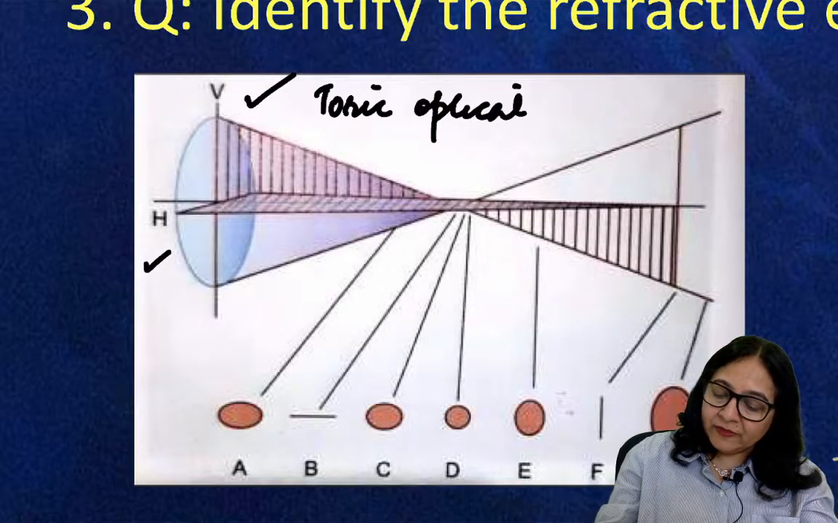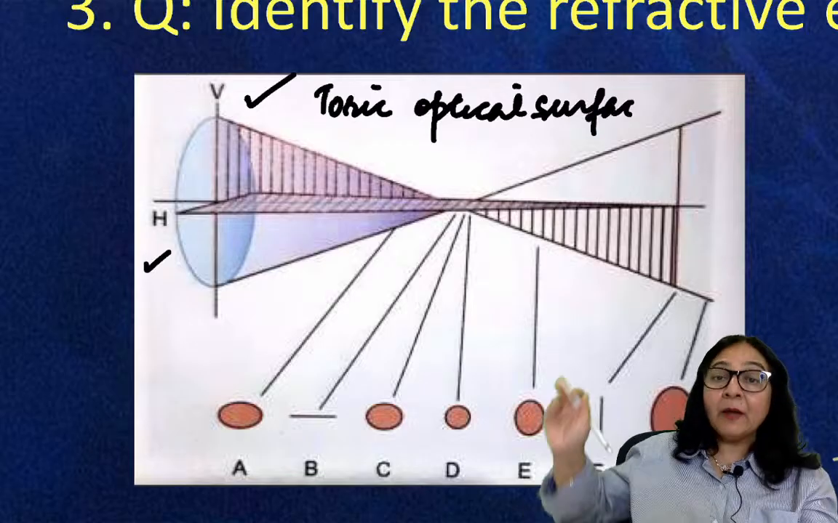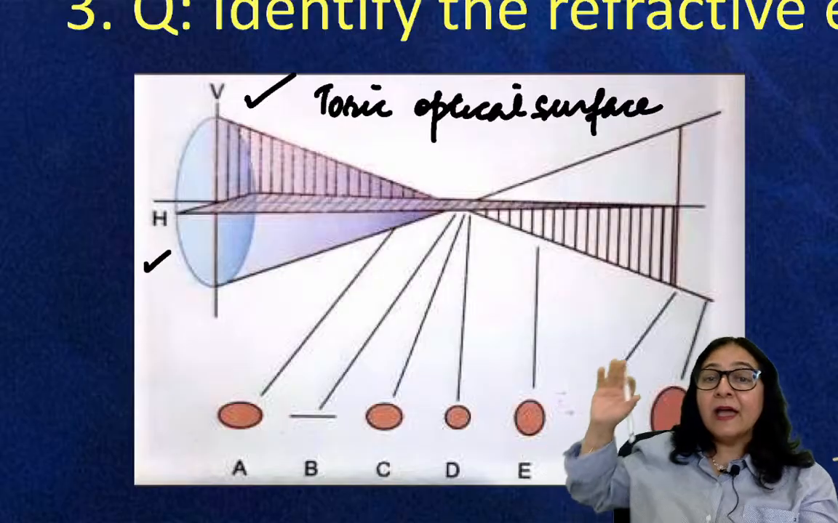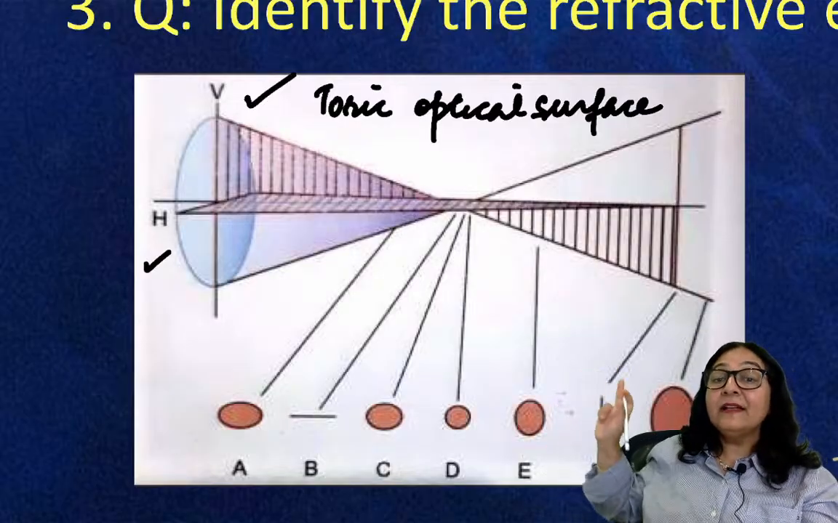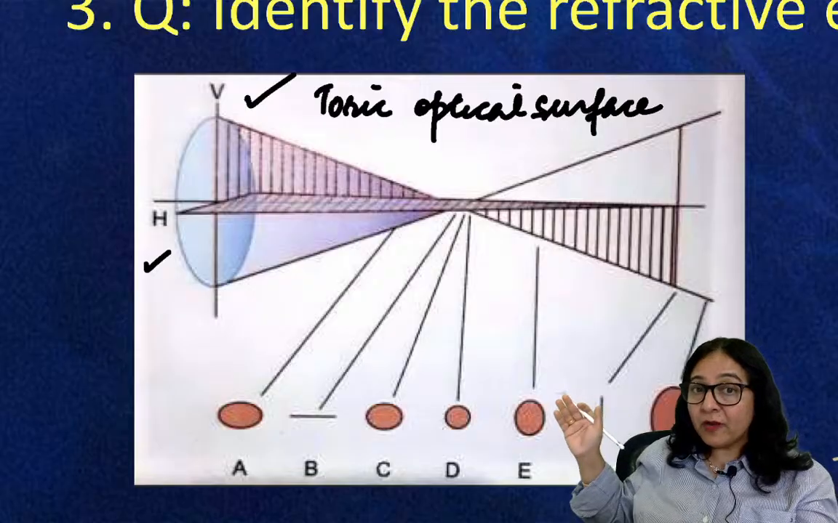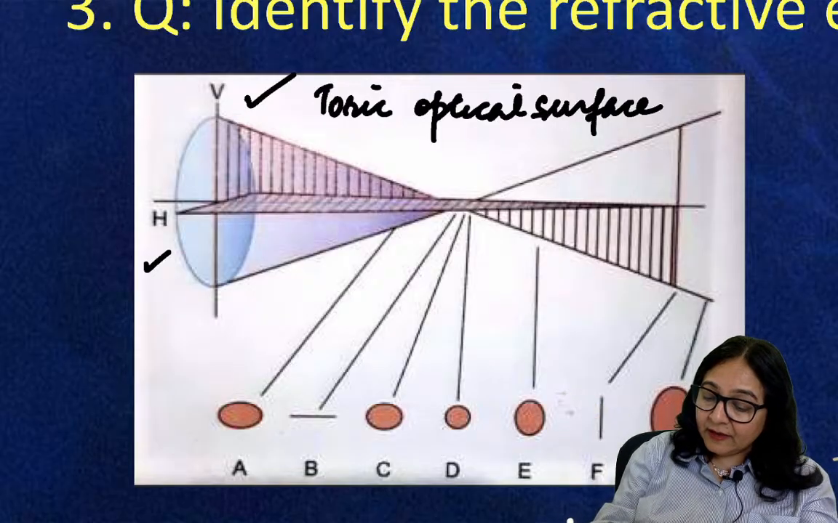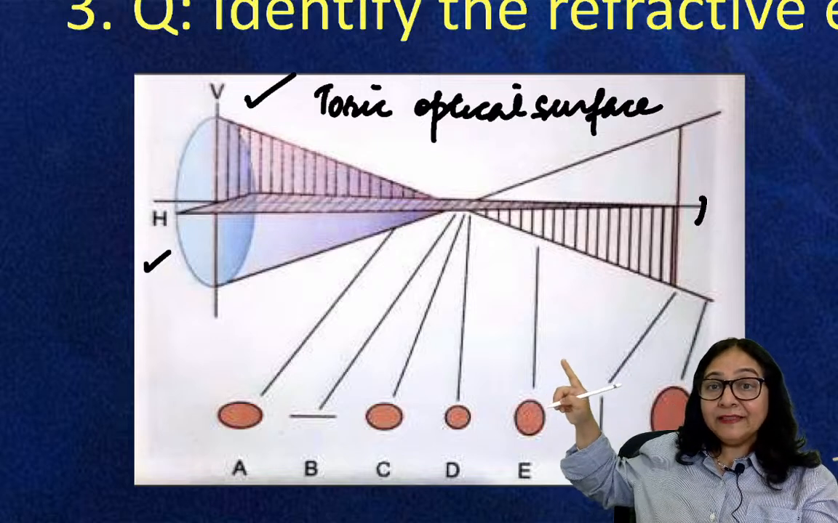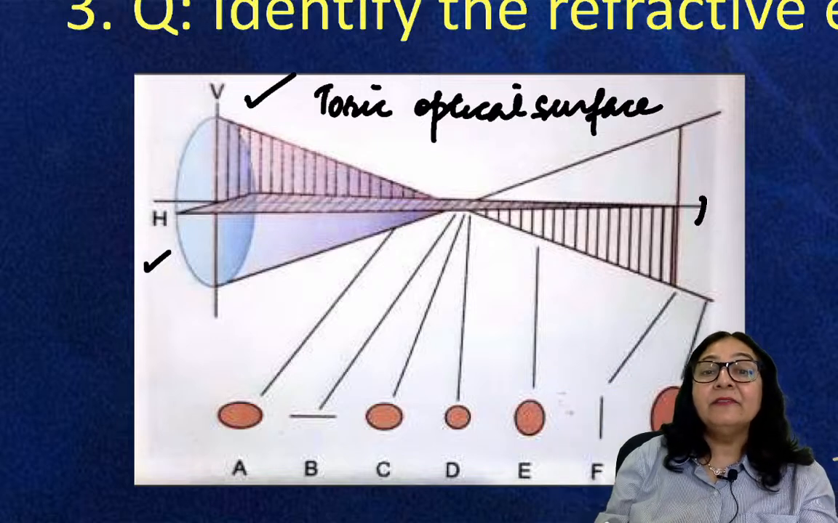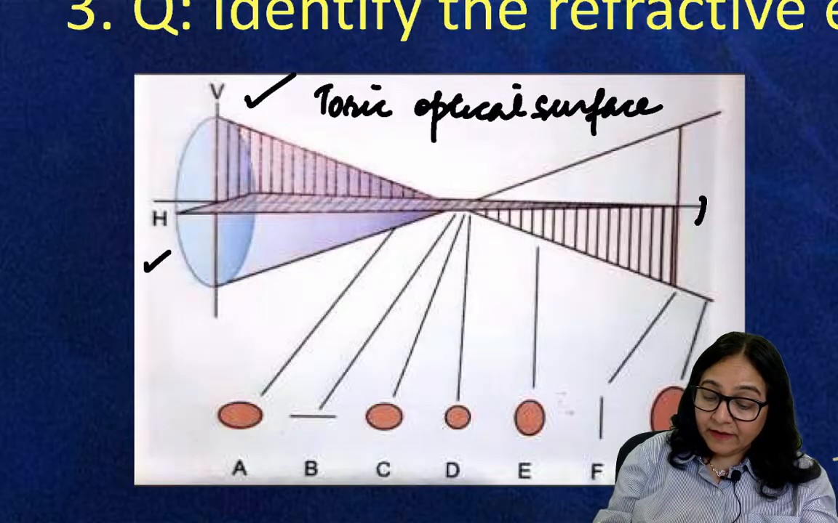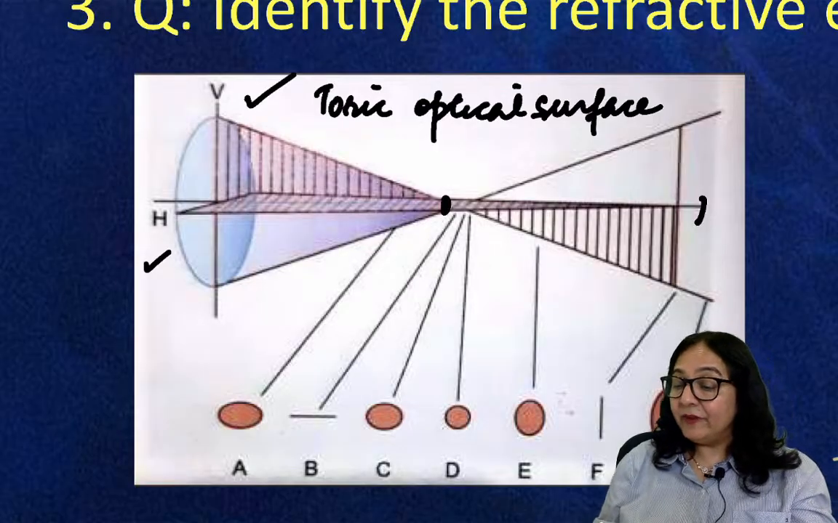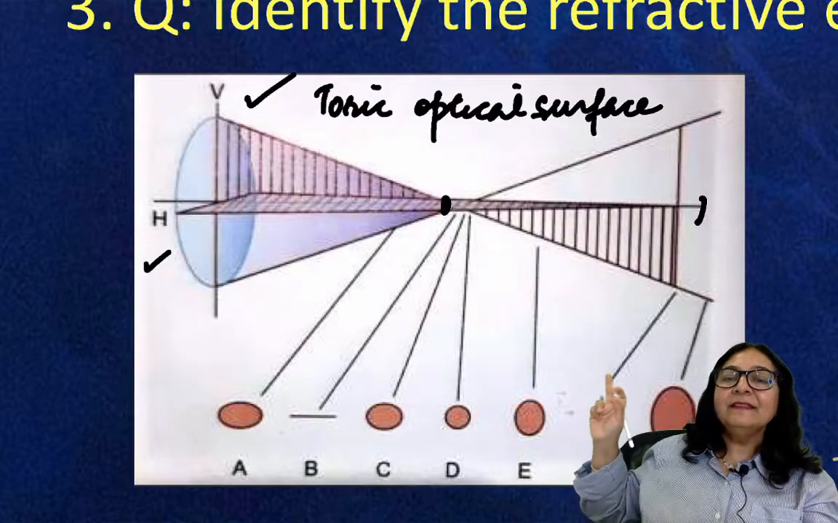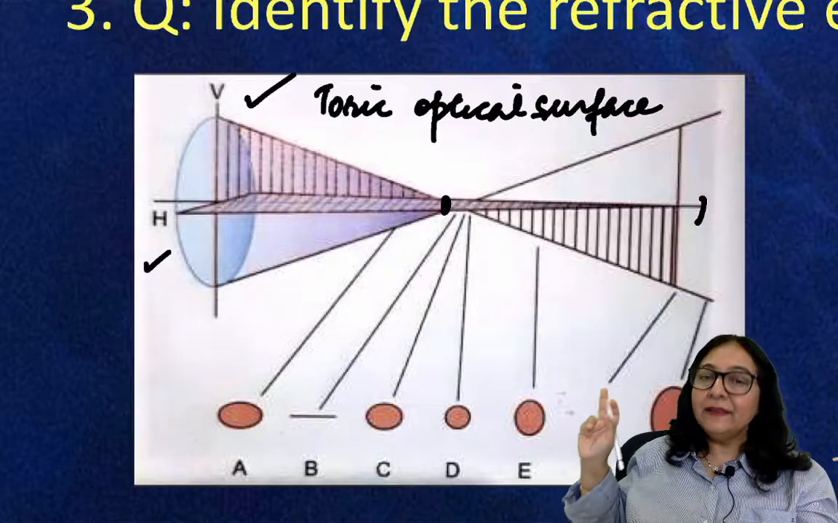So this optical diagram represents how, when light rays strike a toric optical surface, there is not a single focal point, there are multiple focal points. There is a different point where the rays from the horizontal meridian focus, and a different point where the rays from the vertical meridian focus, and that is called astigmatism. Very right, Dr. Thakur. So this is representing regular astigmatism,